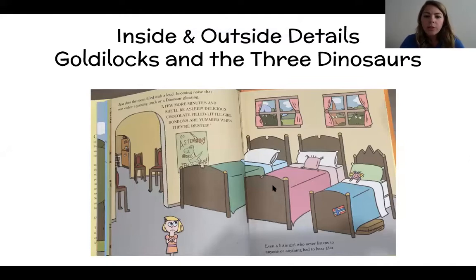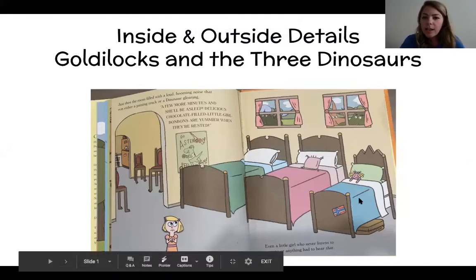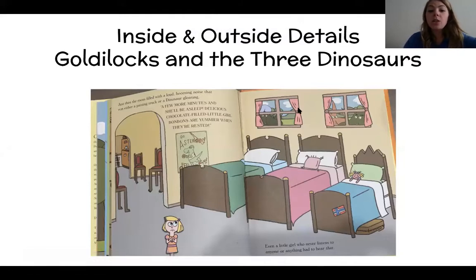Right here we have Goldilocks inside the house, and then we have the setting being shown outside of the house too. So we are able to see how the setting is both inside and outside. It's almost like you have two scenes happening. You have the inside scene and you have the outside scene. So that's just one example for Goldilocks.